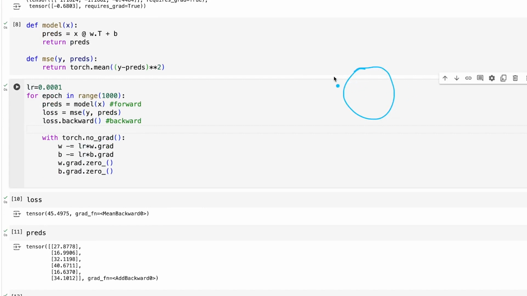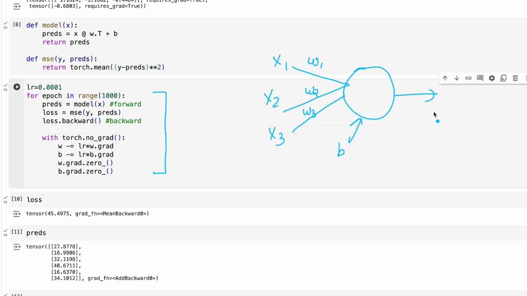So this particular neuron had 3 different inputs that are received, which are x1, x2, and x3. These are 3 different variables that we have seen in the sample data. It also had a bias term associated with it. These are your model parameters. The weights associated with these different inputs and the bias associated with this neuron are going to be the model parameters. We have implemented the gradient descent process in order to understand what could be our right values for weights and biases. And the output here is going to be the predicted y values,